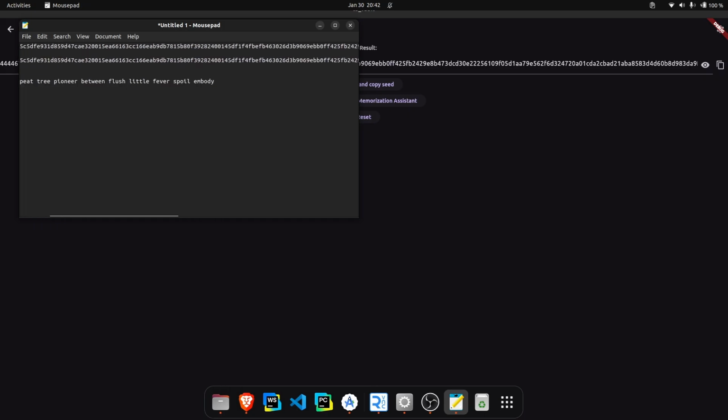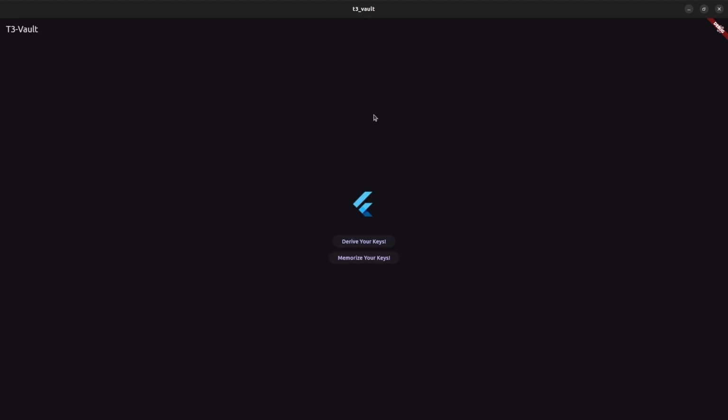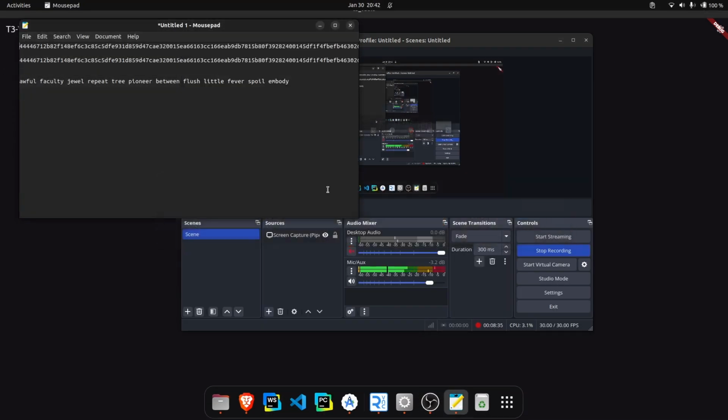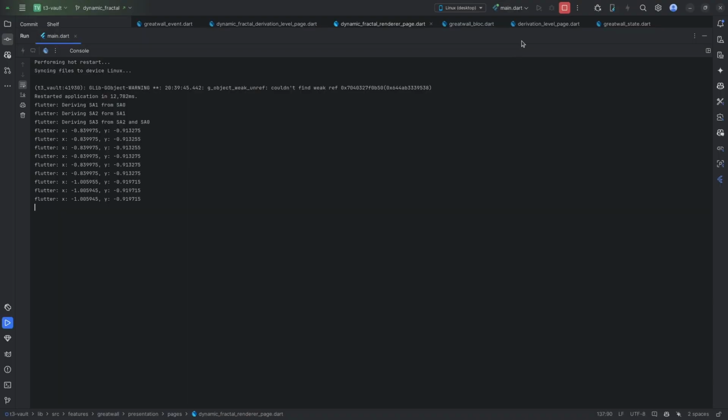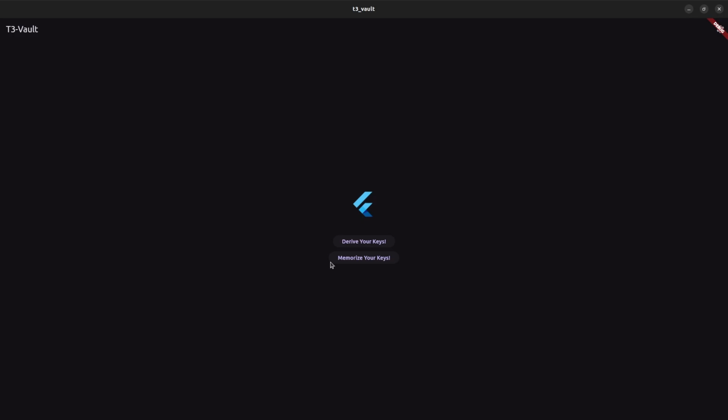Again, once we go through this, I'll show you the seed value that we have derived using this particular KA result. So I'll go to the application, I'll generate and copy the seed. Okay, I'll do that in the next flow, but yeah, I'll start the application. But again, as you can see, if the KA result is the same, then the seed will always also be the same here. Let's wait for the application to restart,